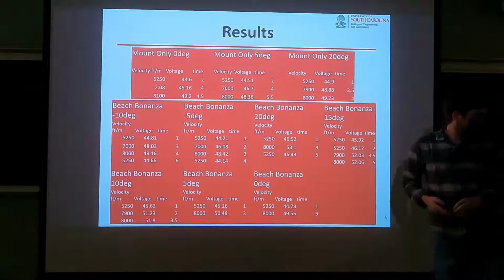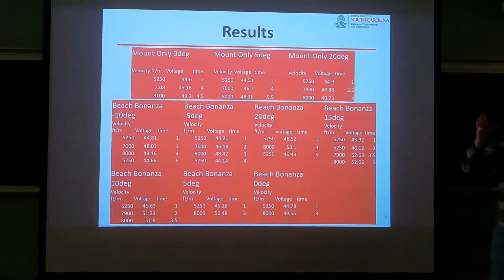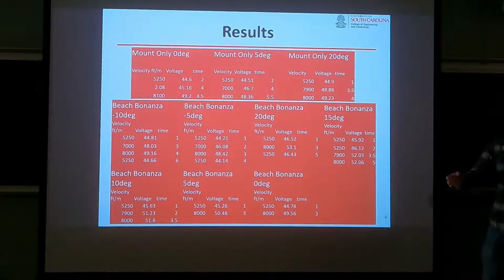Okay, so these are our results. As you said, we did increments of 5 degrees. The mechanism we made is able to do increments of 2.5 degrees, but in order to save some time, we decided to go with 5. One of the smaller flaws in the mechanism that we made is that you have to turn the wind tunnel off in order to change the angle of attack, which adds some extra time to the experiments. So we chose to go by 5 degrees mainly for that reason.